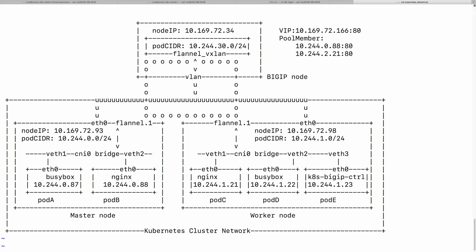So that's how the packet is routed from here all the way here, all the way here, all the way here,